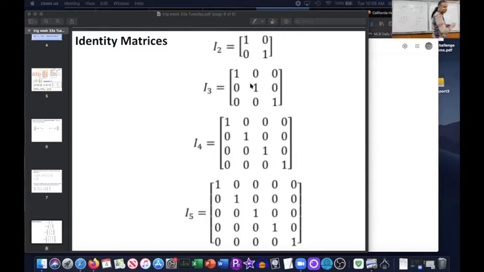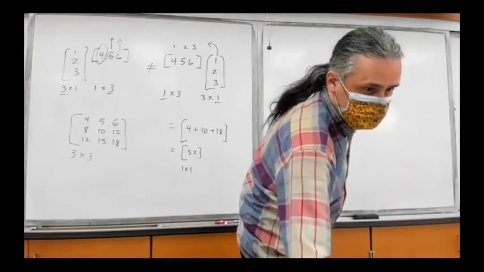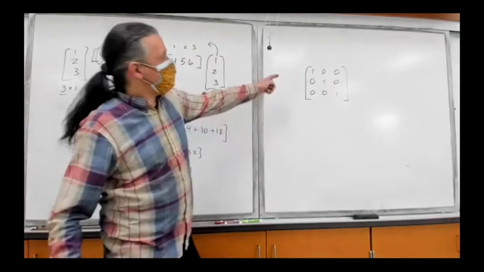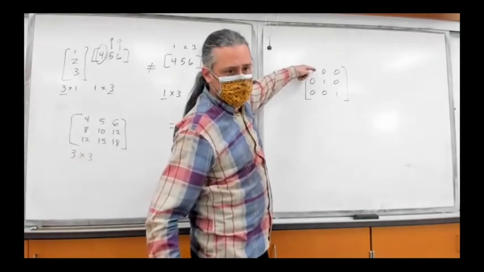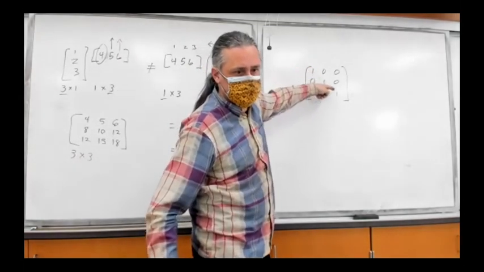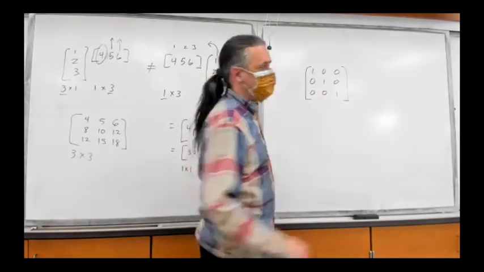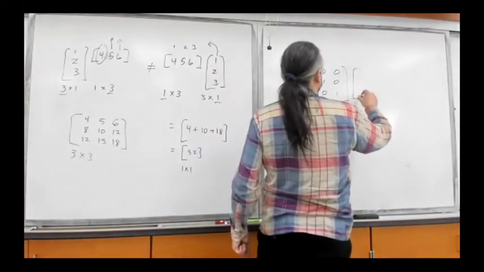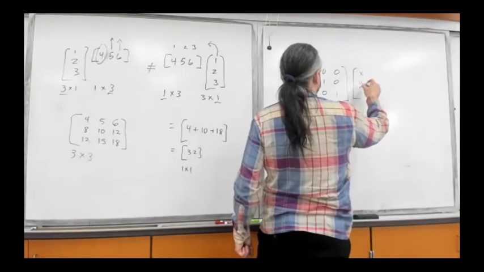Okay? And so I'll just show you how this is applied using a 3 by 3 identity matrix. And then this is basically all we're doing in a day. Okay? So this is a 3 by 3 identity matrix. Notice the ones are from the top left diagonal to the bottom right. All right, so if we multiply this by x, y, z,